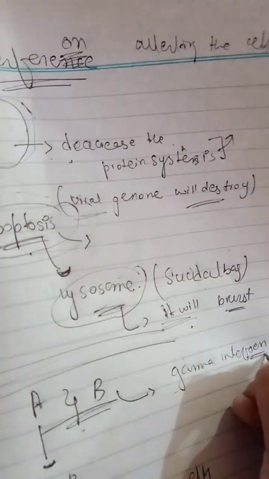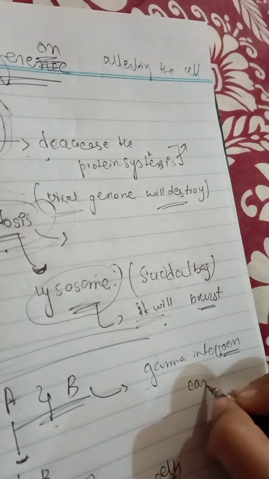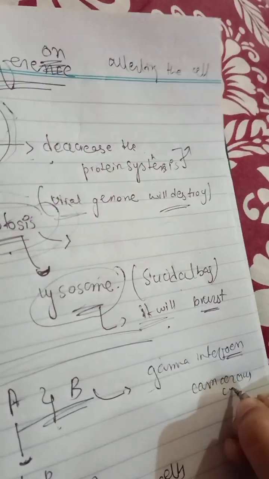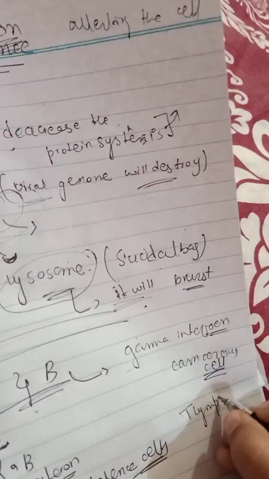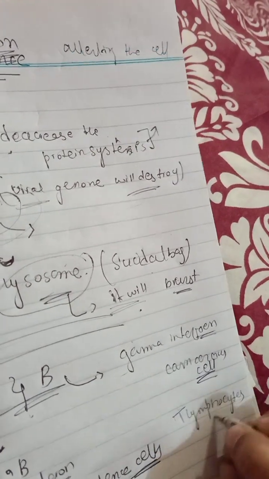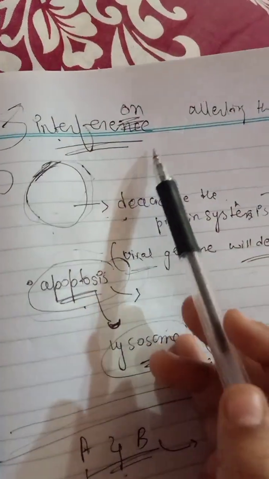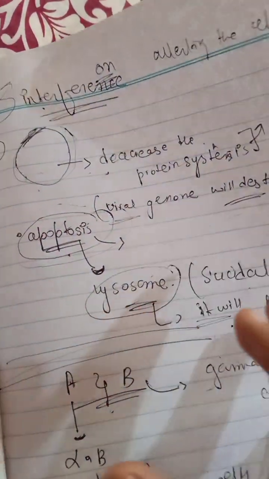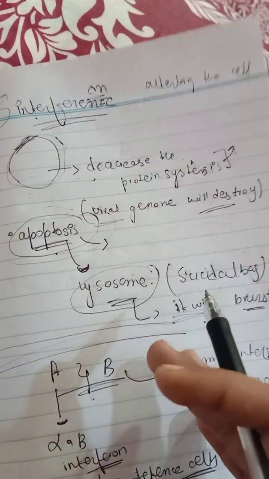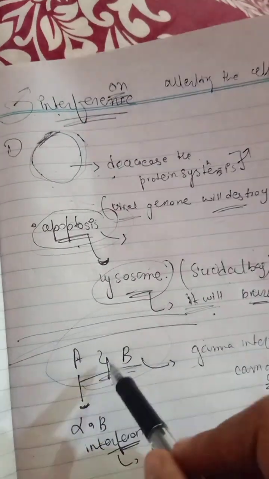What this gamma interferon basically does is stop the growth of cancerous cells, mainly cancerous cells. And this is released by the T lymphocyte, which is a type of leukocyte that works in the immune system. So both types of interferon work to kill different kinds of pathogens. So this was about the interferon, how they alert. In the previous video we discussed interferon in detail, how they signal and how they work. So this was the types of interferon.